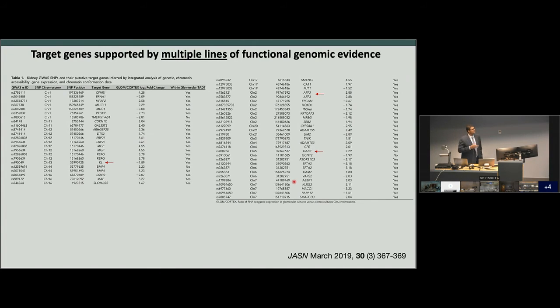So some of these are actually known, such as the ones in red arrows, but many of these are new disease pathways for kidney disease, which now have much more stringent levels of epigenetic evidence based on our data. We're actually following a couple of these related to diabetic nephropathy as well, using mouse models.